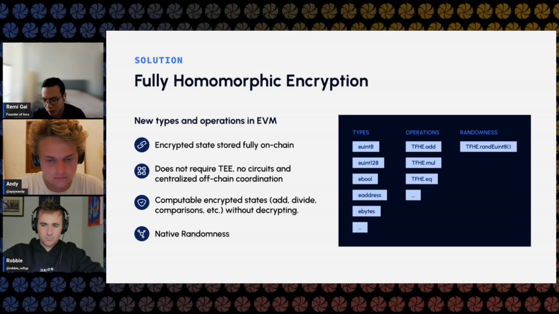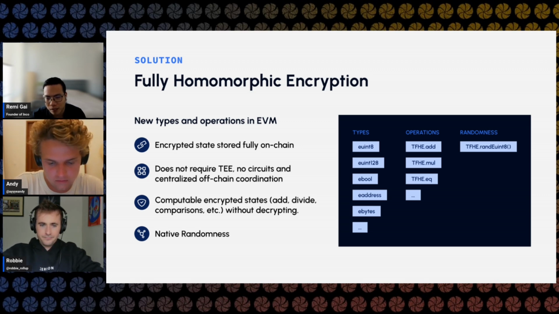It's very typical for a Solidity developer or a new developer coming to the Web3 space to have this realization very quickly that, okay, everything I build on the blockchain is transparent. All the types are public, meaning I have to rethink potential information leakage and make sure I don't store anything sensitive, or that people cannot trace the execution path of my logic. So what we're enabling here is the ability for people to have new encrypted types. So euint8, for example, 16, 32, 128, ebool, meaning encrypted booleans, encrypted addresses. And you can also compute on top of these encrypted types. So you can add, divide, multiply. And we also have on-chain randomness.